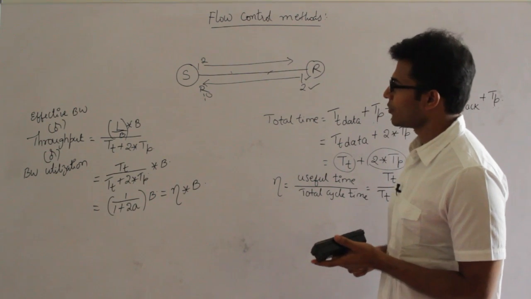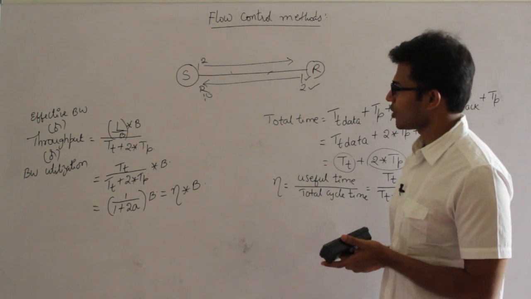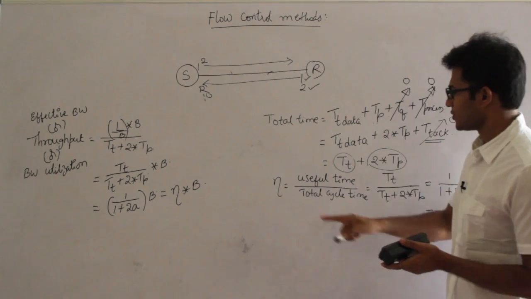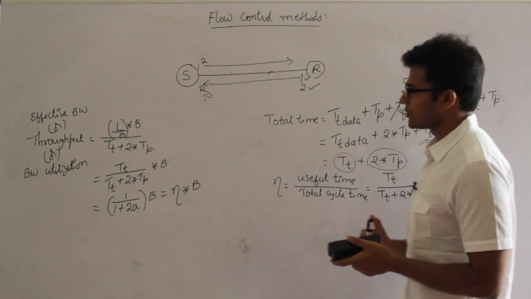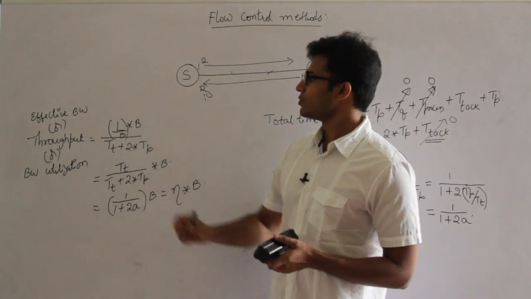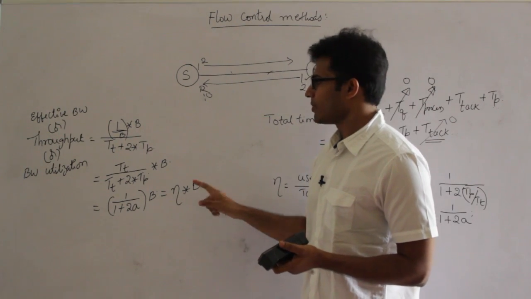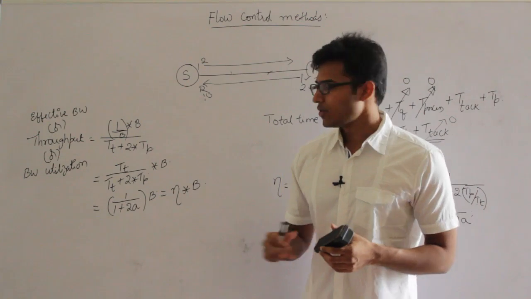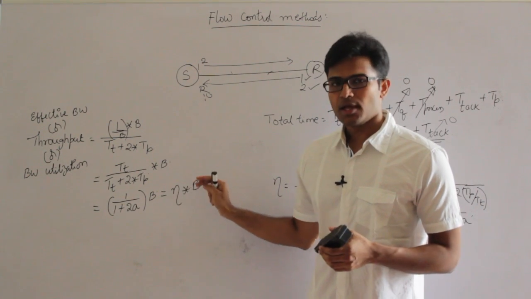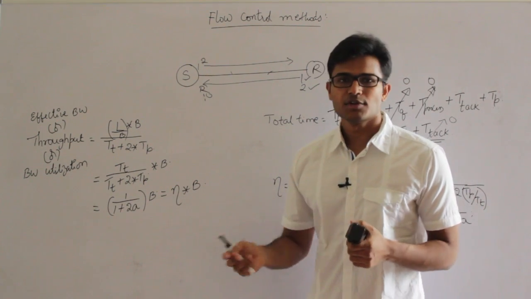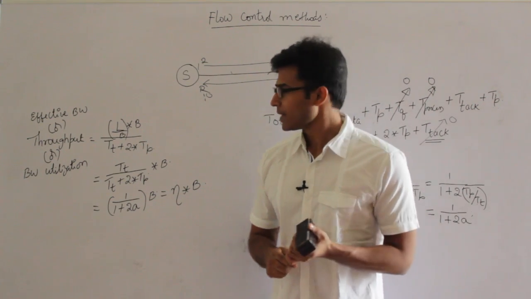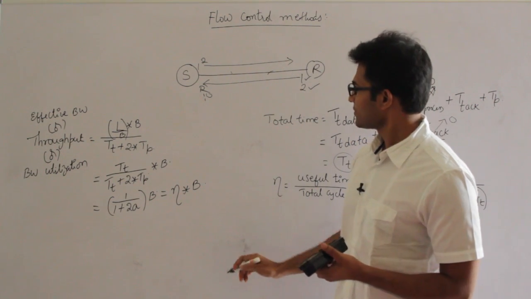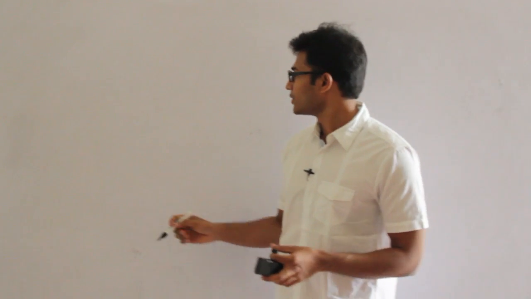So these are the two important formulas coming to this stop and wait. One is what is the efficiency? Efficiency is 1 upon 1 plus 2a, and second is what is throughput? Throughput is efficiency into bandwidth. Therefore, in order to find out the throughput or bandwidth utilization, you have to first find out the efficiency and then multiply with bandwidth. We shall see some problems on all these concepts now. Let's see some problems on it.